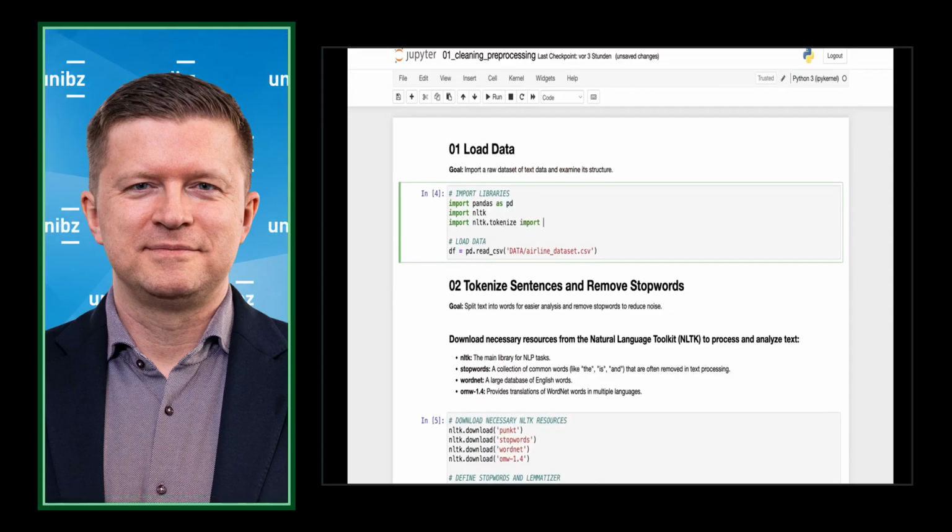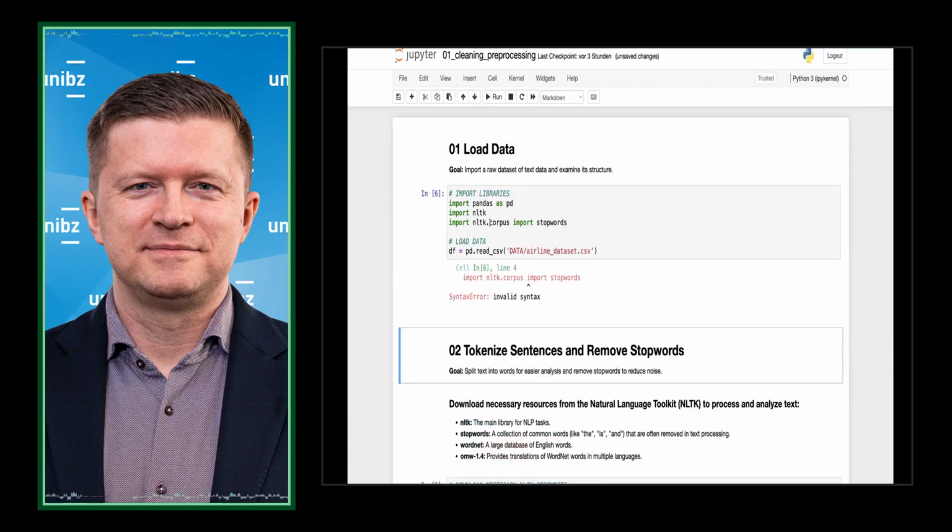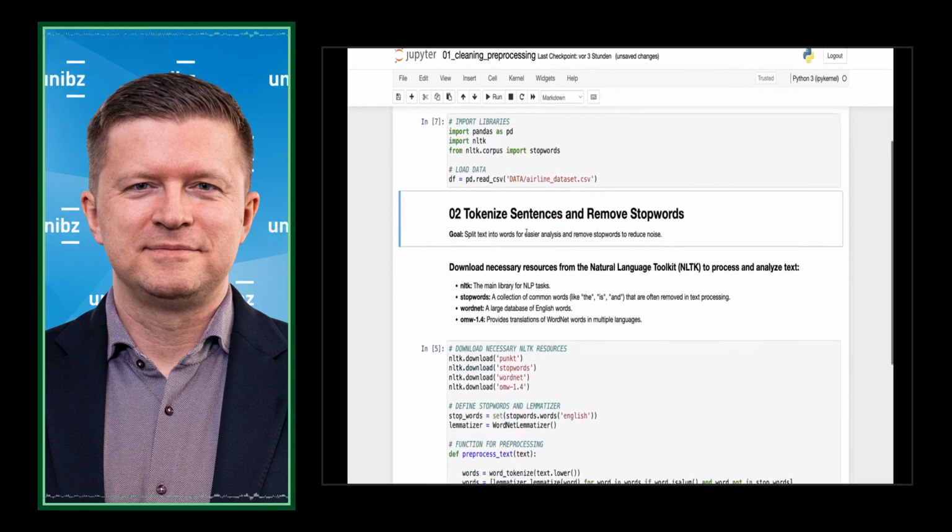Corpus. Import stopwords. No, that's from. Sorry. So I don't import everything. We just need the stopwords from NLTK.